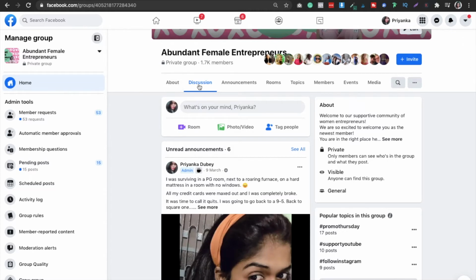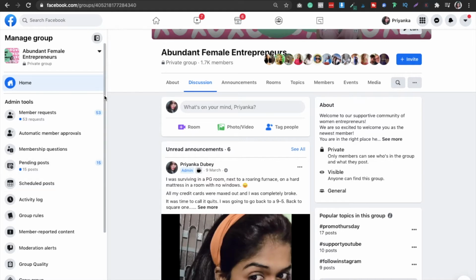So why are we adding guides over here? You can see I have about 1.7k members in my group and I already have 53 requests, and those are the people who are interested in my group, right? So I want to give them a whole lot of value, so that they can understand they are in the right place and can get more support if they want, right? So I want to create a value-packed guide where they can go ahead, hang out, and learn all of this from me.